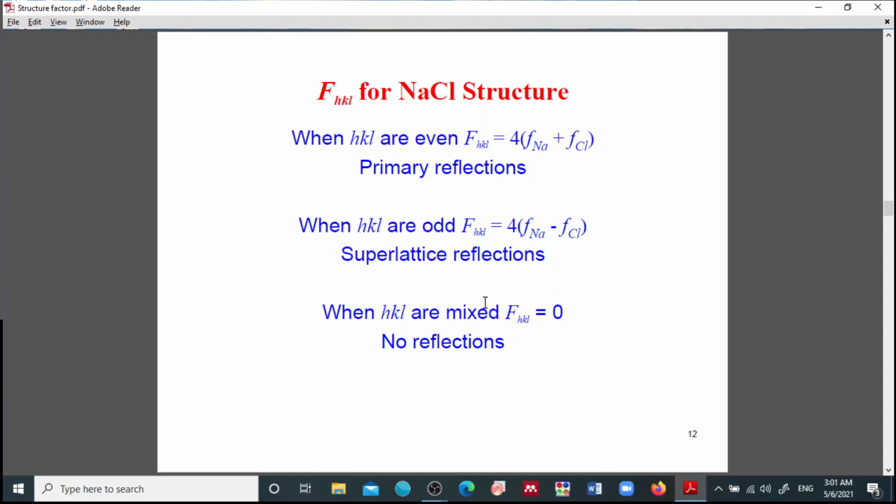So when h, k and l are mixed, then F(hkl) is equal to 0. So mixed crystallographic planes are not allowed to reflect. So hopefully you have got the idea of some crystal structures and their corresponding structure factor, right? So my other video